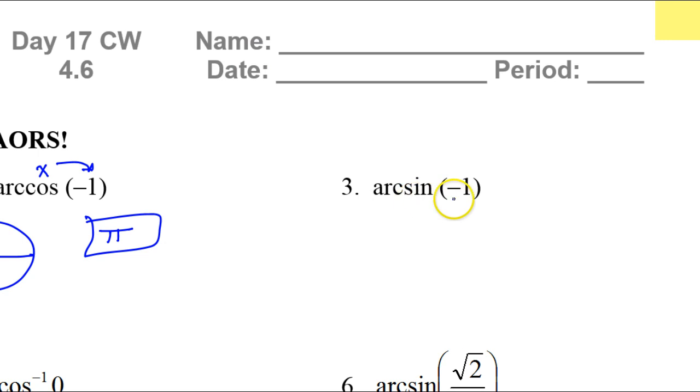Arc sine is an angle. It's the angle whose sine is -1. Sine is a y value. So where's the y value going to be? -1. The y value is going to be -1 down here at the bottom of the unit circle. Alright, because this is 0, -1. There's my y value. This is